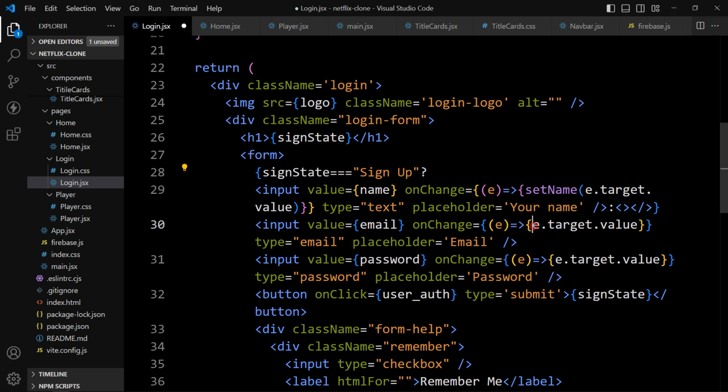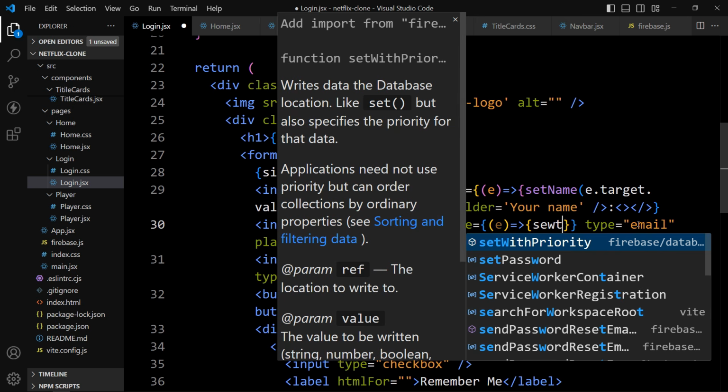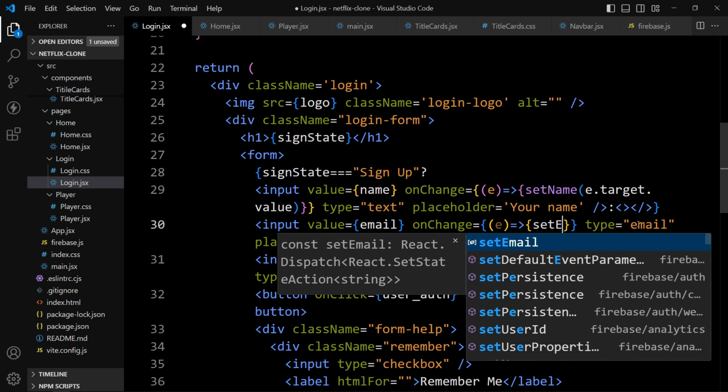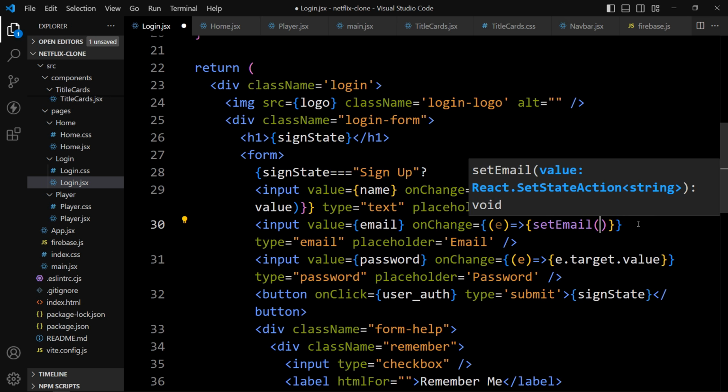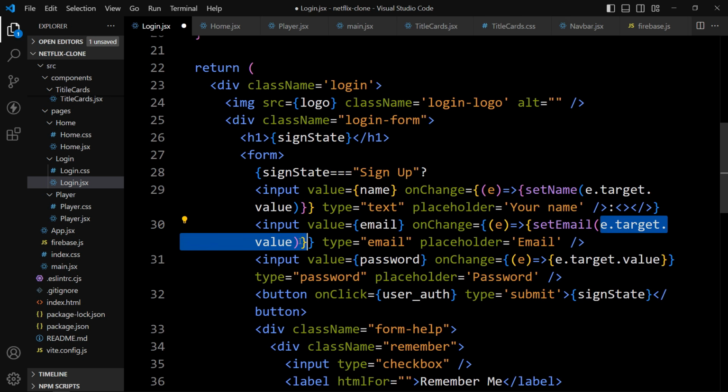So in this second one we will add setEmail, and here we will provide e.target.value like this.